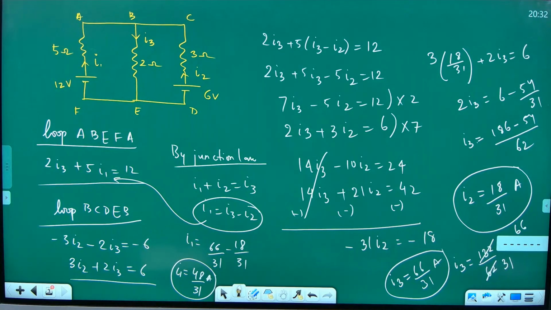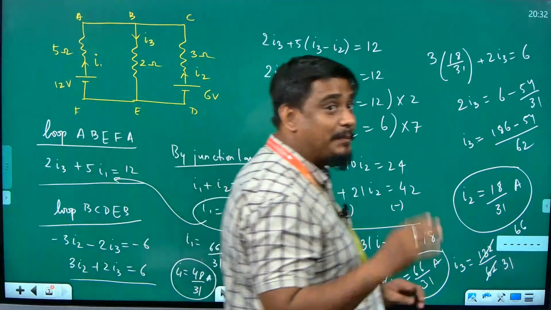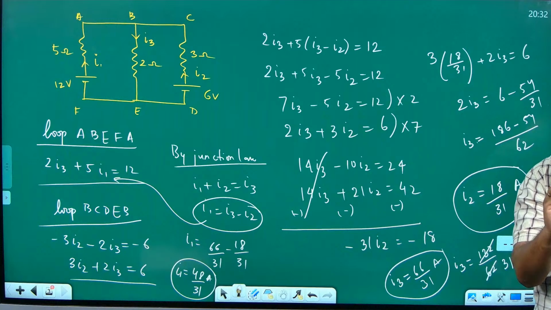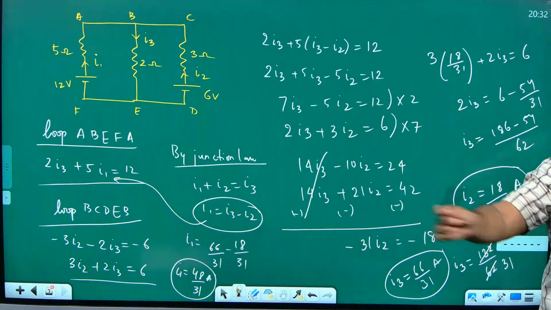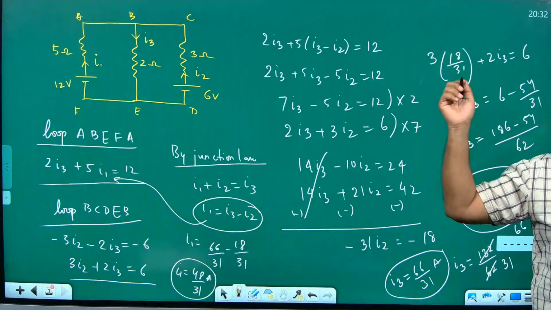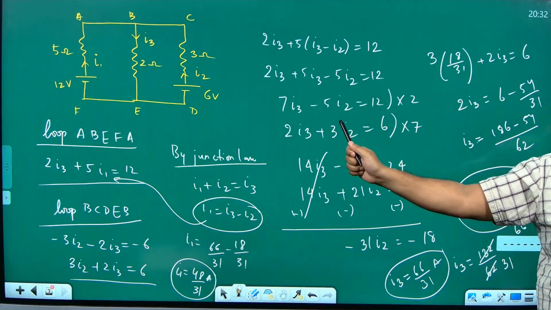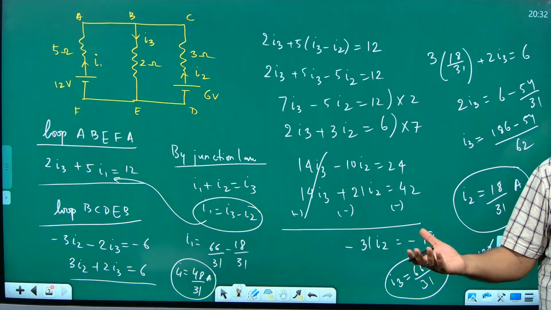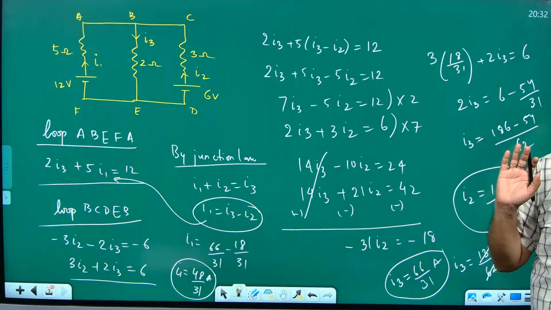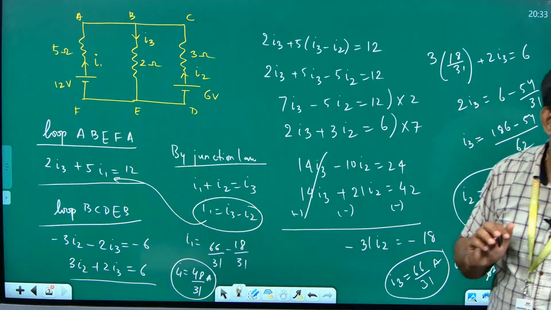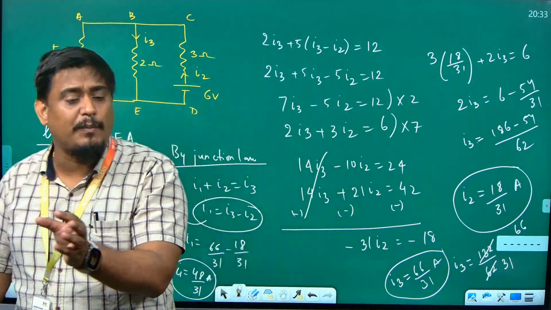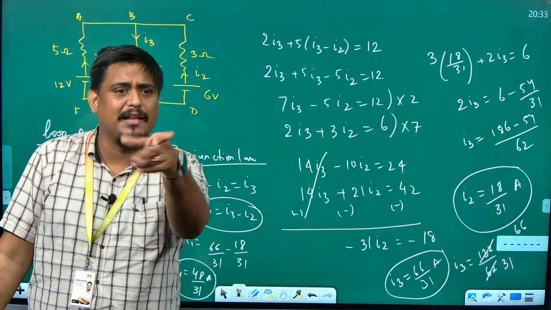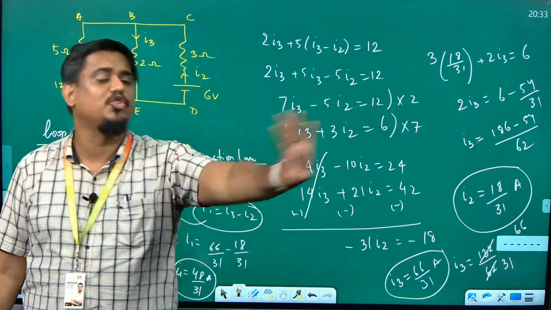Got it? Any Kirchhoff law question, this is a basic question, simple question. Patiently you should solve. Form the equation. One small mistake, I was making the 7. Thank you Kirti and whoever pointed me. If I make this mistake, my whole hard work will go in vain. Now you get why I am saying to competitive students, don't put your hand in Kirchhoff law if you are not very good in calculation. It will be very interesting for people who are very good in calculation. Otherwise, small mistake, minus plus mistake, 7 instead of 8, 8 instead of 5 will make everything wrong.